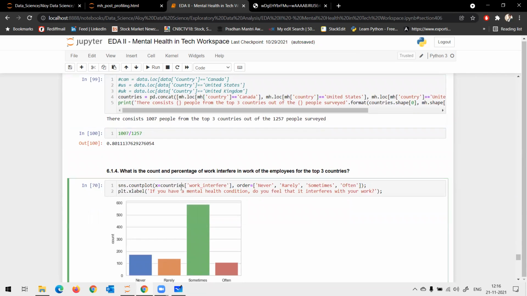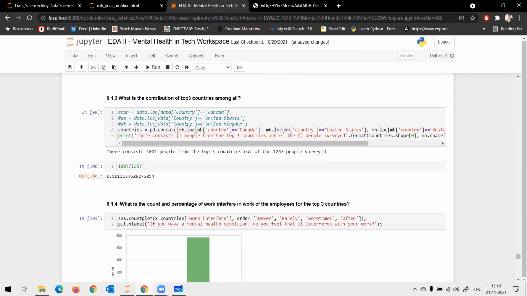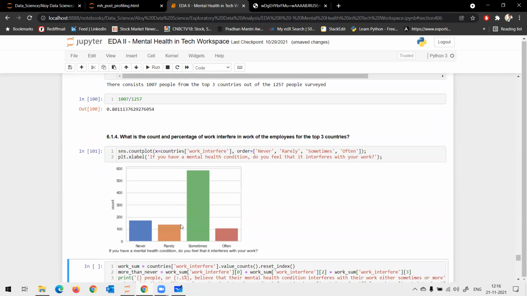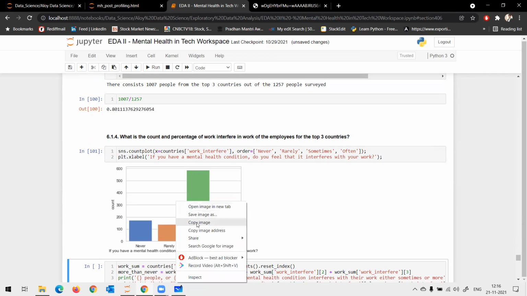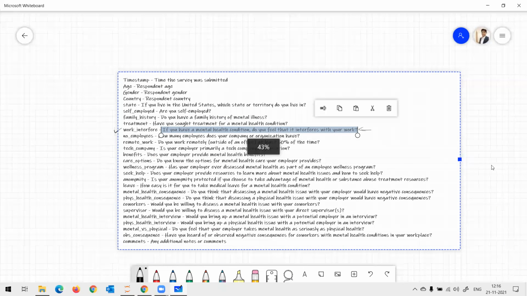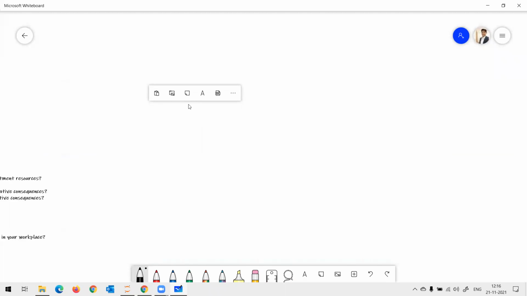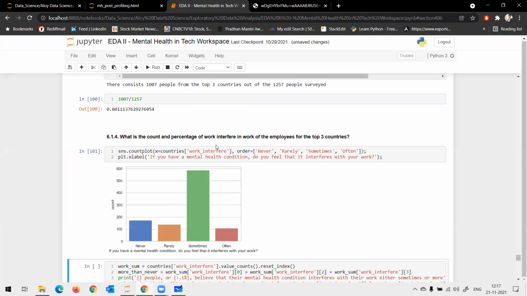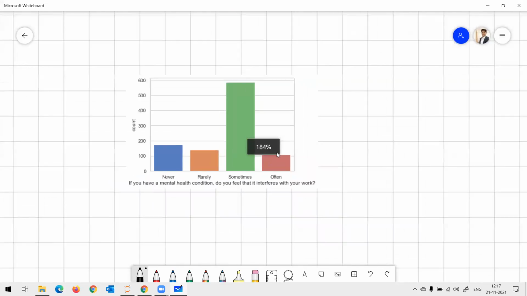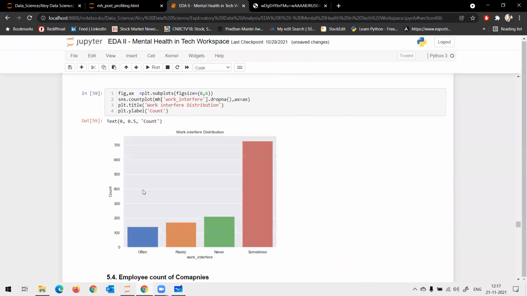Okay. And I use the same data set of first world countries and I see the work interference. Do you see anything different here with respect to what you saw earlier? It was somewhere here, right?